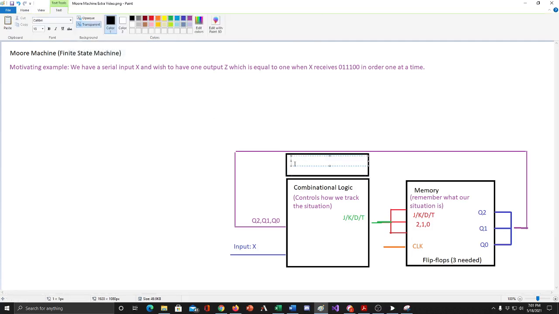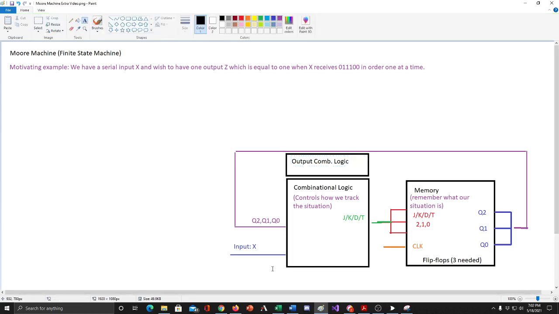So then we have output combinational logic, and specifically in the Moore machine, the output logic, which in the end is going to produce